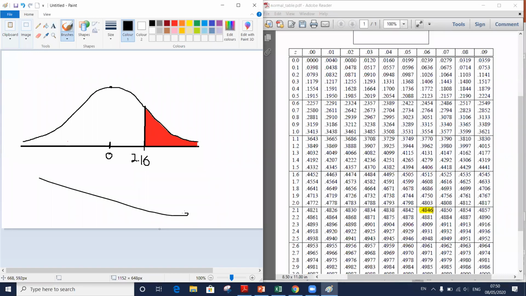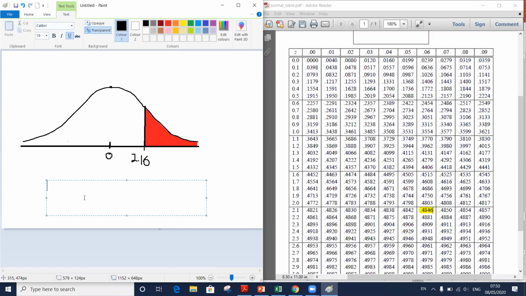0.4846. Right? Then area to the right of this, how can we find? What we know is from 0 to 2.16, the area is equal to 0.4846. Right? But what we need is area to the right of